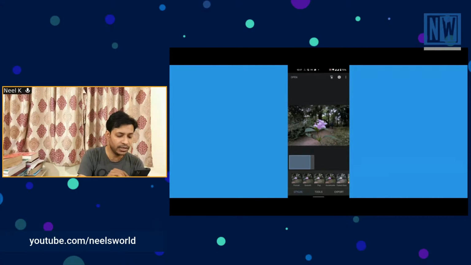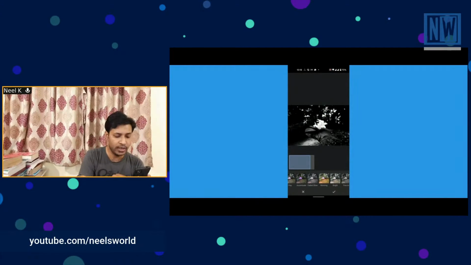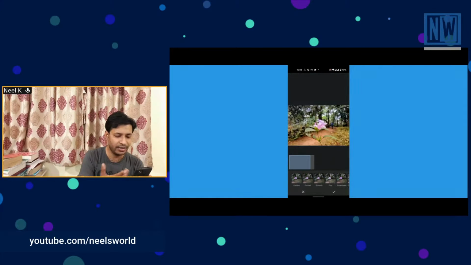Before going into detailed editing, there are certain filter-like options available which will help you get a very quick edit. Like you get all these filters like current, portrait. Current is the one that you have by default. You can have portrait, smooth, pop, etc. There are different filters which help you get a quick edit of your picture. Once you're satisfied, you can simply check one of those. I am not going to check anything. I'll go to the next